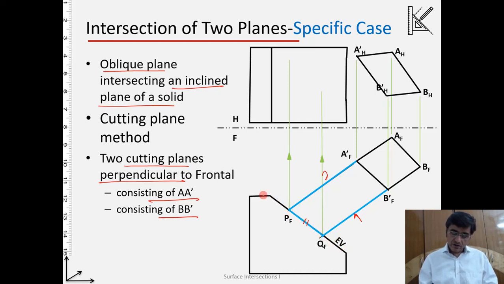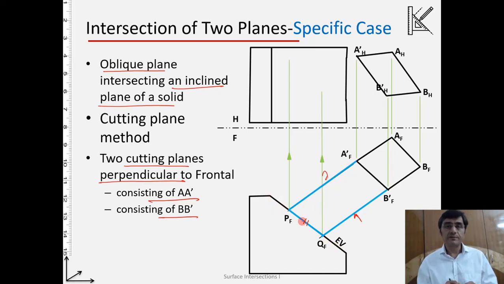Okay, the other point means P, the other point is behind this. So PF is, I will say, the point view of the line of intersection of the cutting plane with the